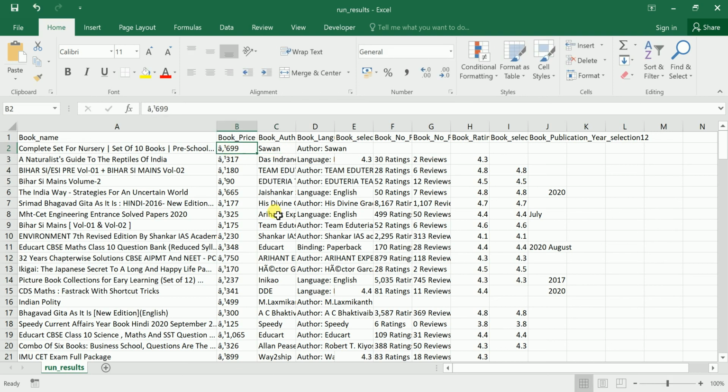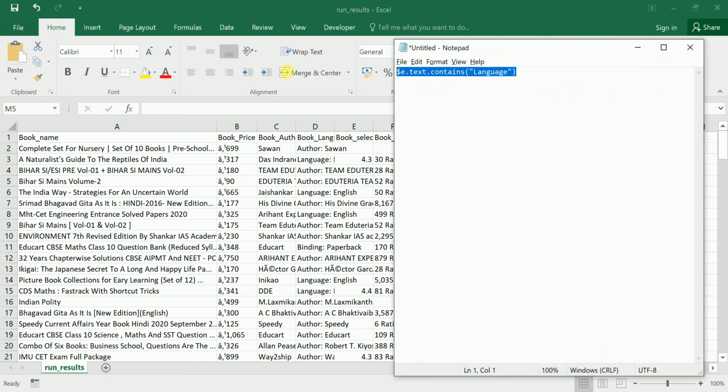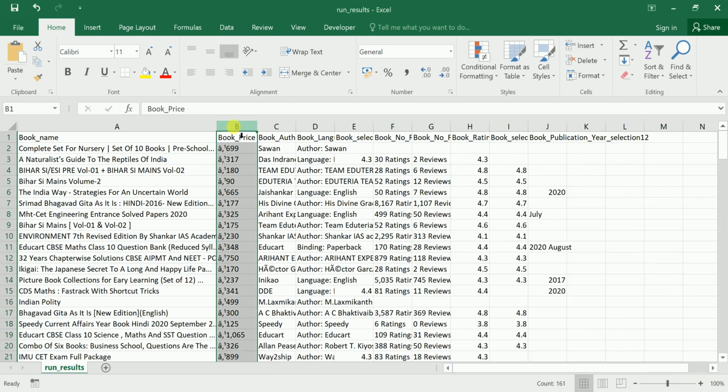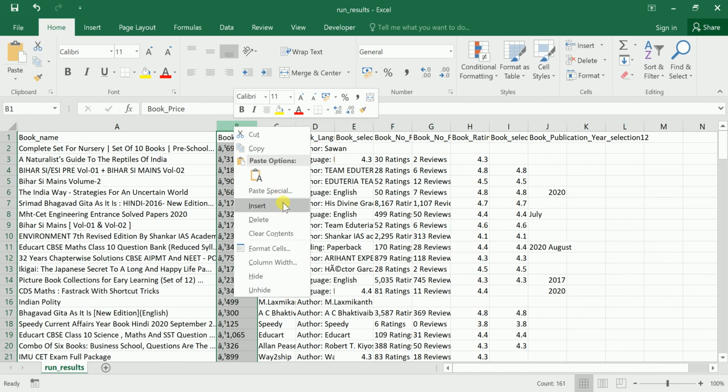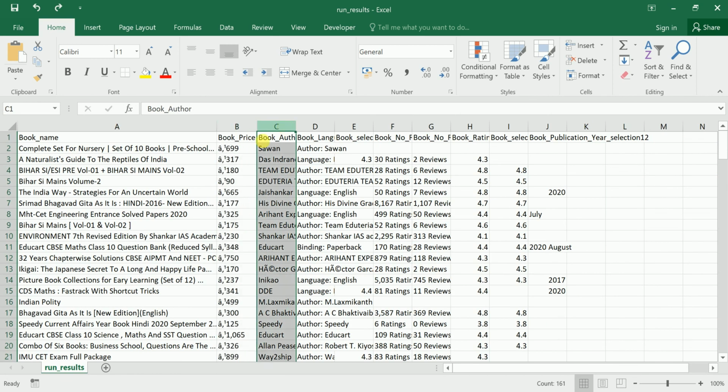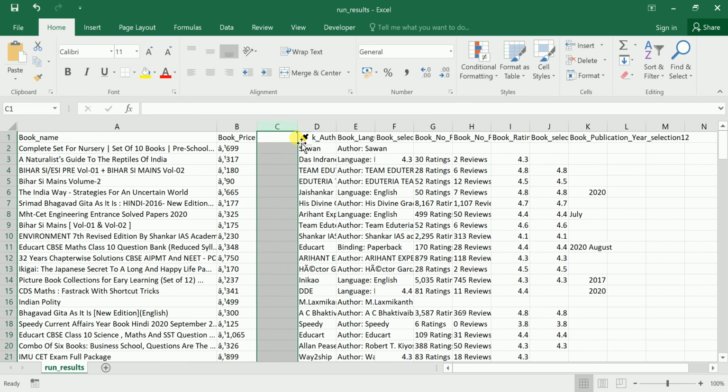How to clean this? If you are good in Excel, you might know how to clean. What you need to do is just copy this part. So I'll paste here. Take just one, this one, copy this. Once you have copied, just click this, insert one. I need to insert here, insert, I need to insert here.